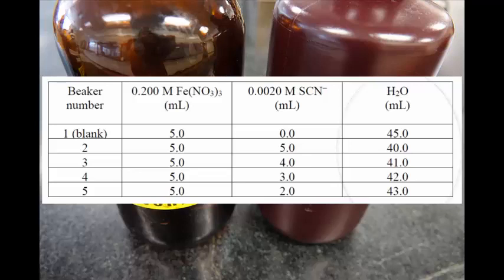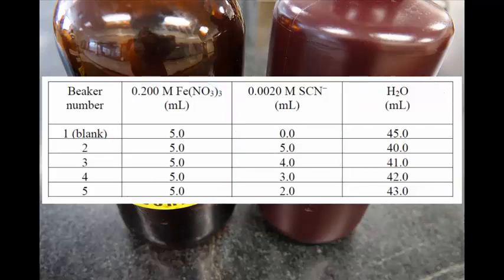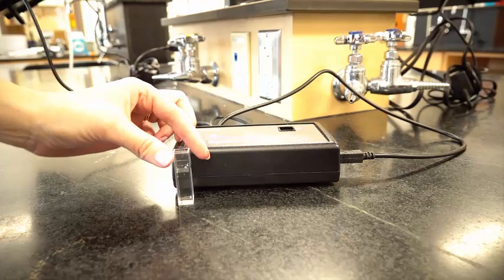The best procedure is to mix the water and iron nitrate for each beaker in advance, but wait to add the thiocyanate until right before you are ready to collect your spectrum. Also, it does not really matter what size of beaker you use, so if you can't find 5 100 milliliter beakers, be creative. To calibrate the spectrometer, obtain a cuvette and use a pipette to fill it about 3/4 full